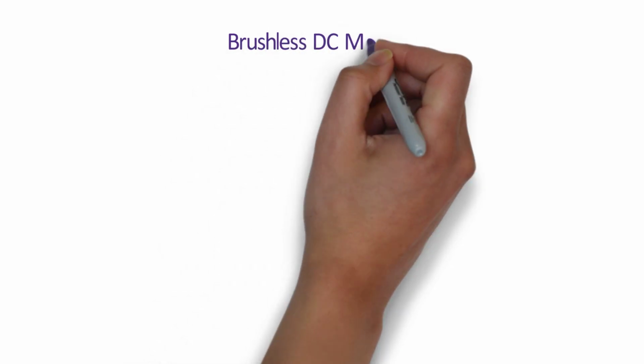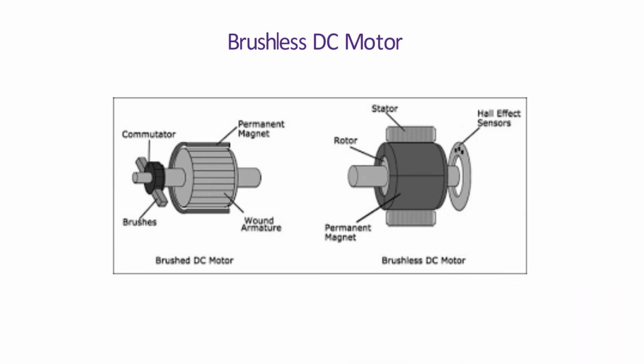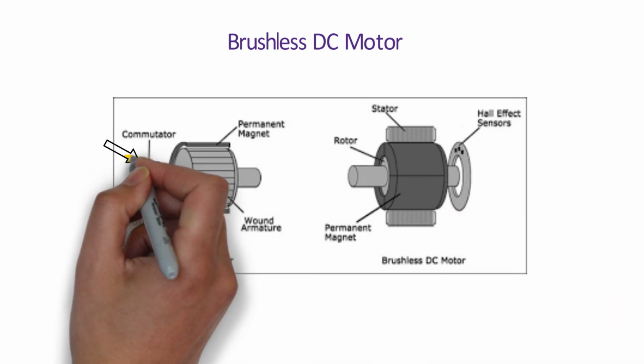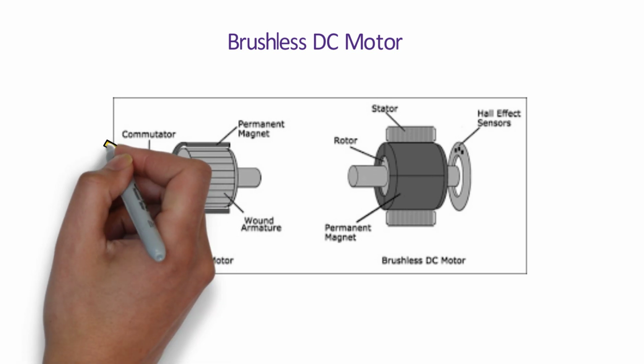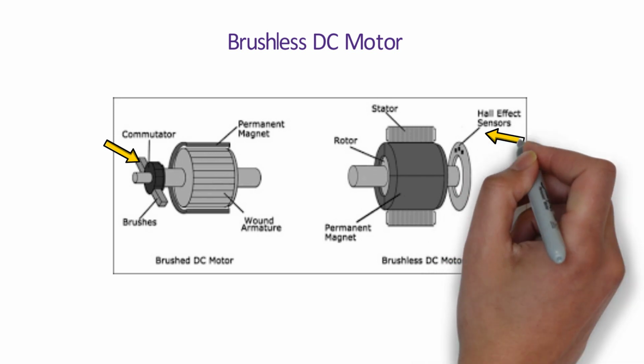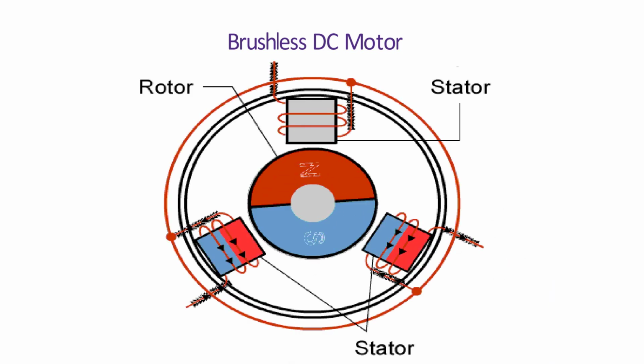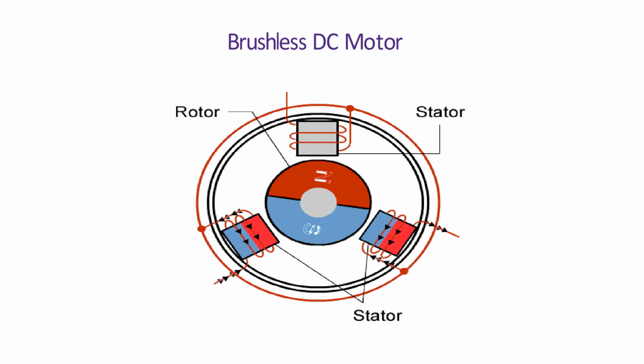What is BLDC motor? As we know, it stands for brushless DC motor. Commutator and brush arrangement used in the conventional brushed DC motor are replaced by sensor and electronic switches in the brushless DC motor. Usually, brushless DC motor has permanent magnet rotor and electromagnet stator. By changing the current flow direction in the electromagnet coil, the polarity of the magnets can be changed between north and south pole.